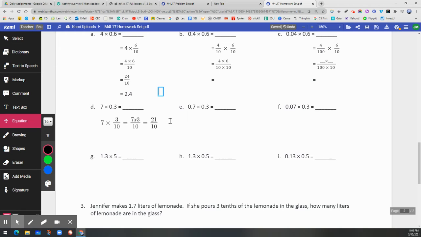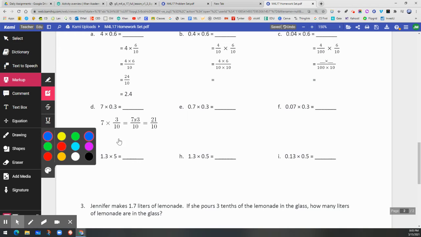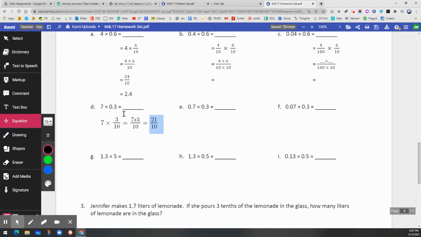Now, we're going to show that as a decimal. So 21/10 is a fraction. This is the fraction answer of this problem, 21/10. So now, let me, where's my tool? Here we go. So if you think of